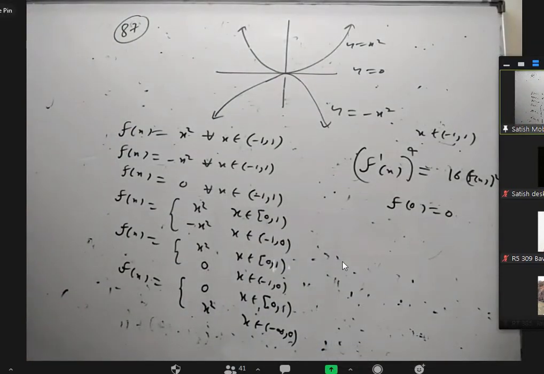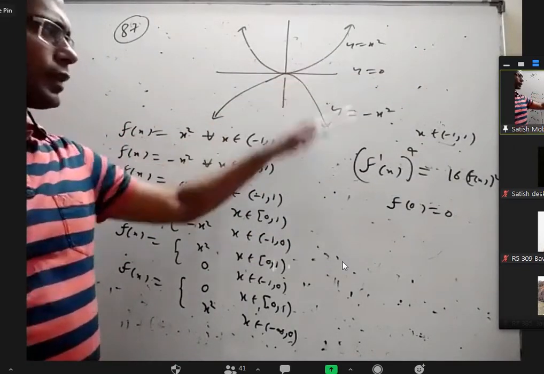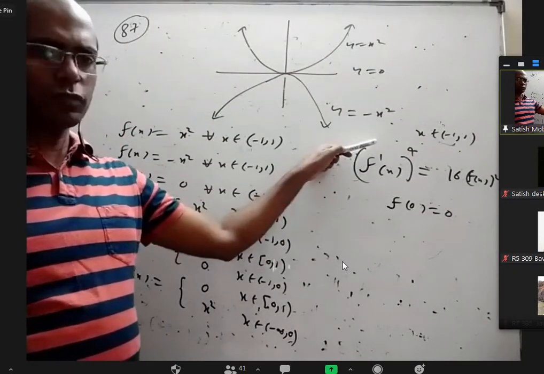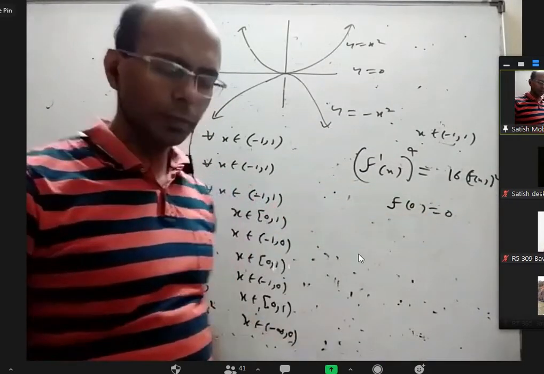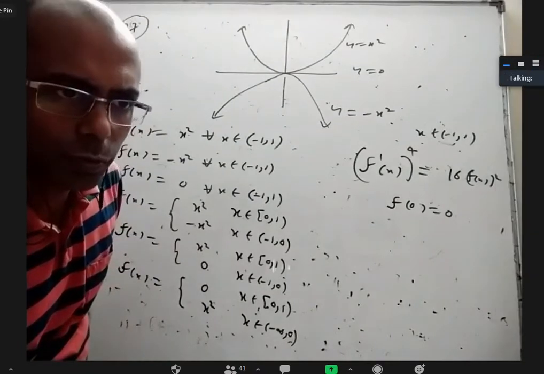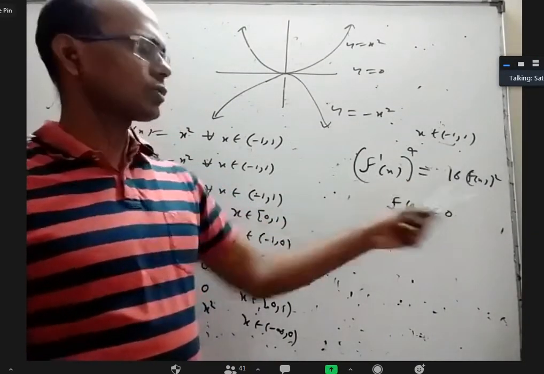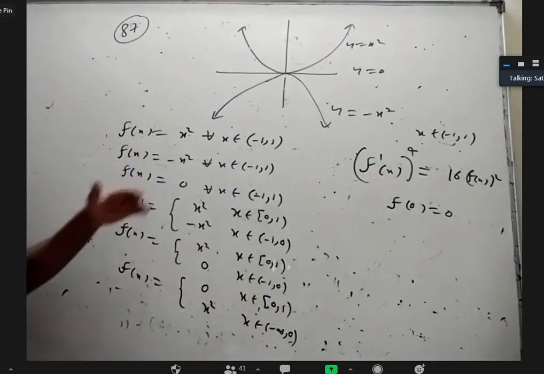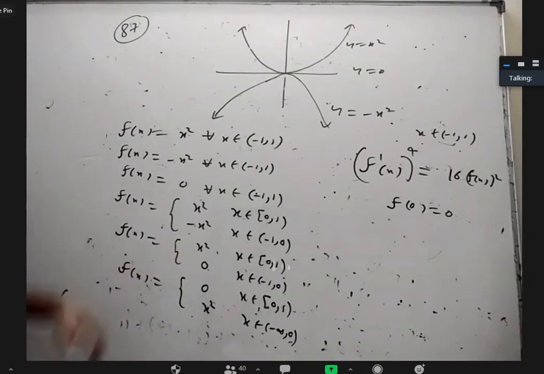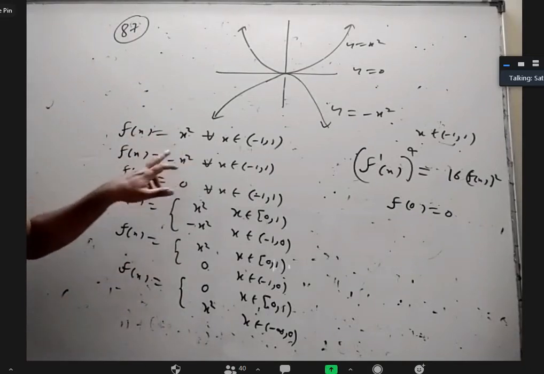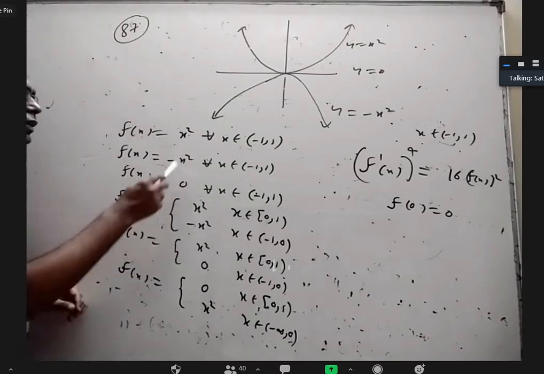Okay. So if you look at any, for example, you take x square, the derivative is 2x, and 2x whole power 4 is 16x power 4. Here, if you put x square, it will be power 4. Okay. So 16x power 4. If it is 0, this will be 0, derivative is also 0, they are equal. They can be partly x square, partly minus x square, partly x square, partly 0. So one obvious function is always x square, another function is always minus x square, always 0. Or partly out of these three, any two.